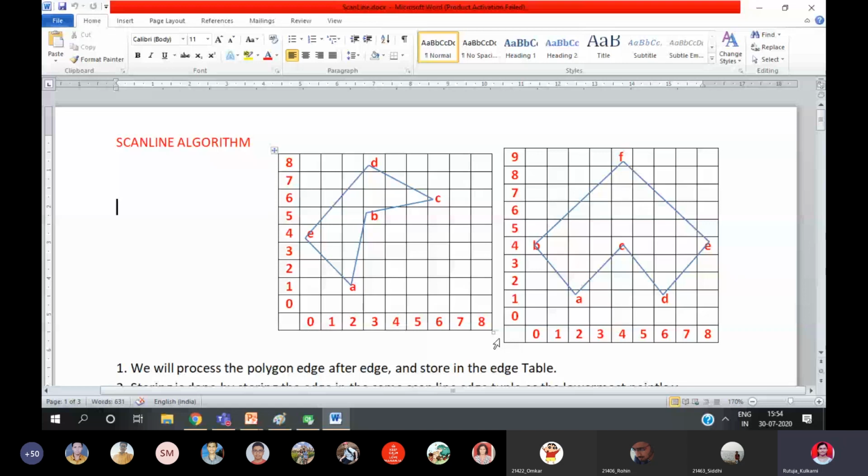Let me know, okay, once it is over. We'll solve at least 2 examples for the scan line so that the concept will be more clear.